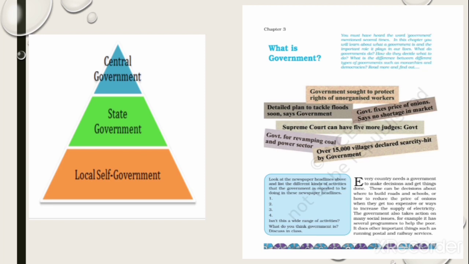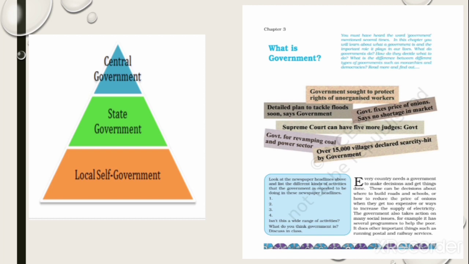The first paragraph of the lesson is: every country needs a government to make decisions and get things done. Now, in order to take these decisions, the government has a variety of works to do, and to discharge each responsibility smoothly, it takes decisions on each work